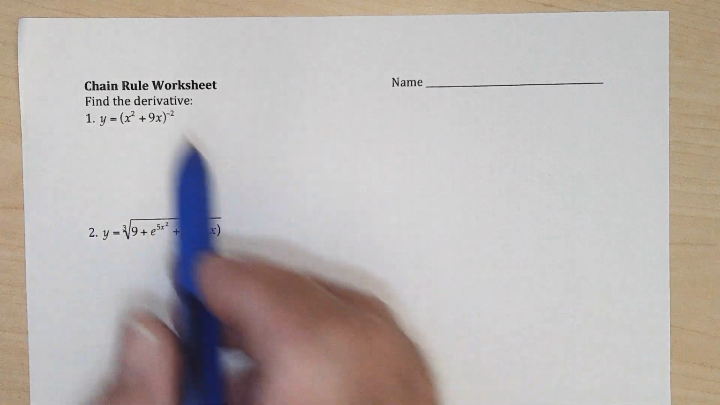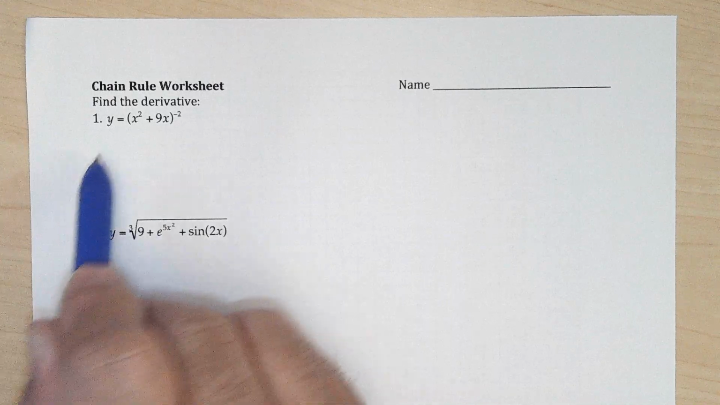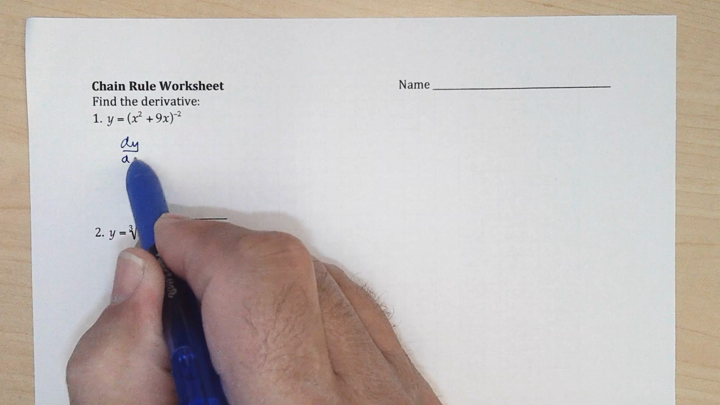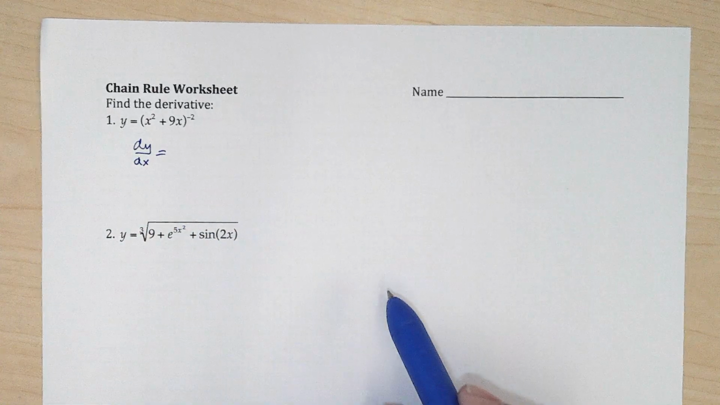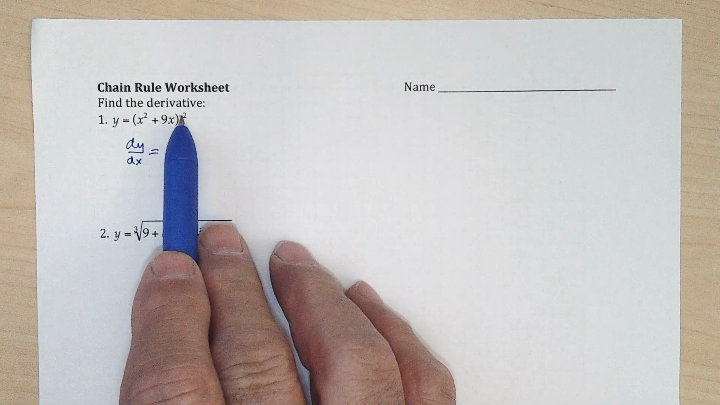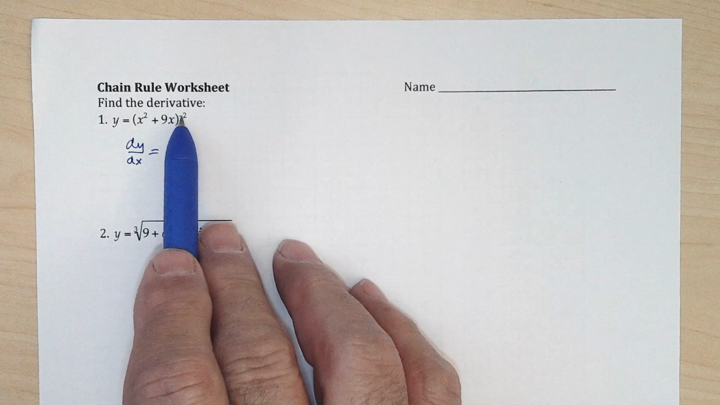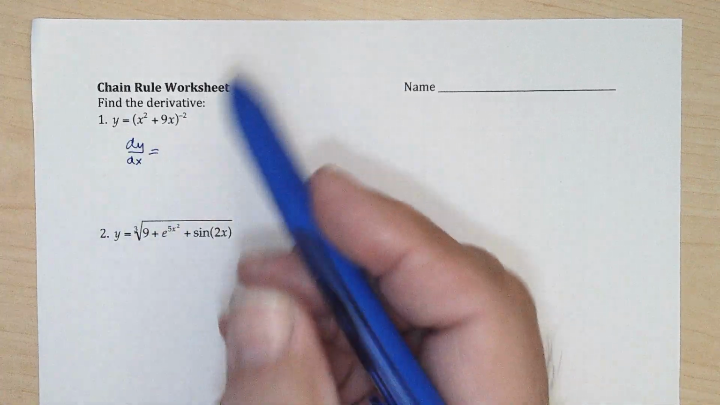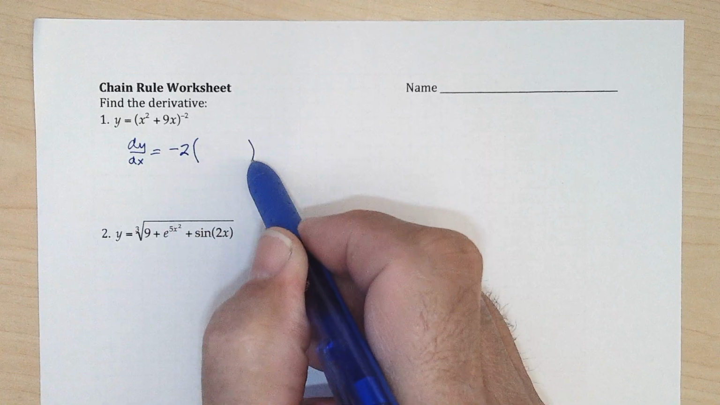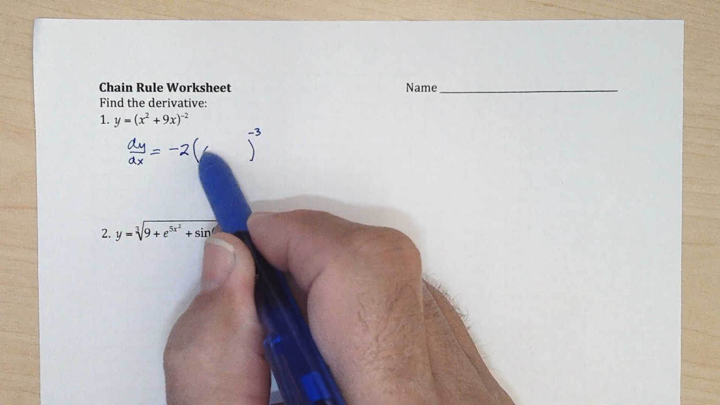All right, let's practice the chain rule by doing this worksheet. Okay, so the derivative of y, dy dx, is the derivative of the big picture. So we have something to the negative 2 power. The power rule applies. We bring the negative 2 down and raise the something to 1 less, and the something stays the same